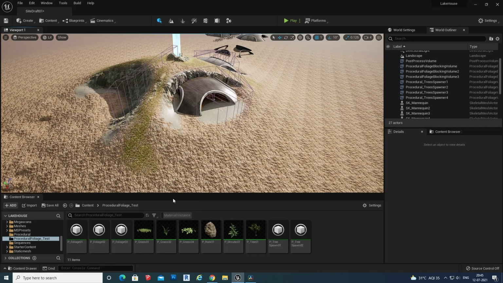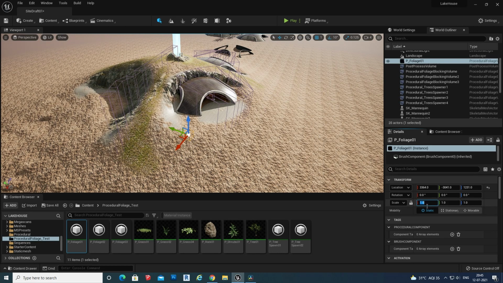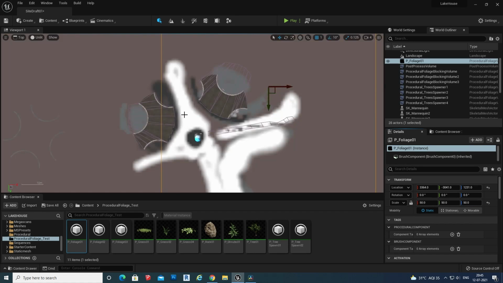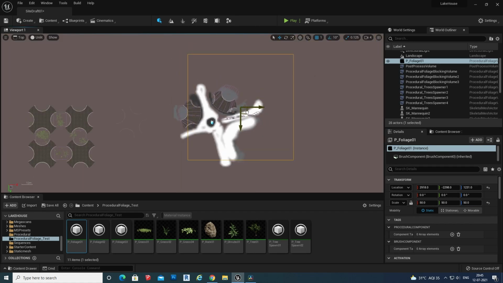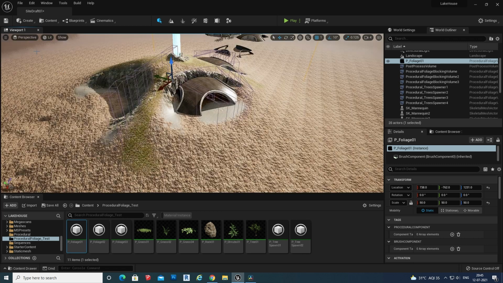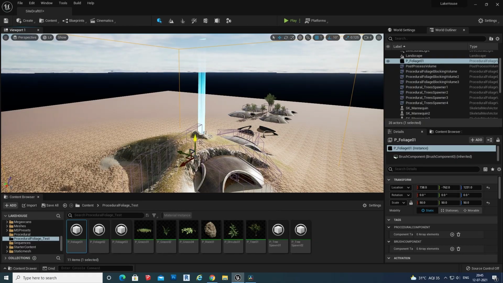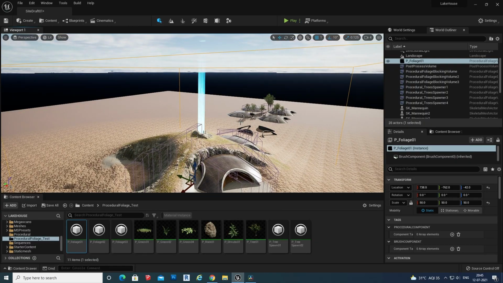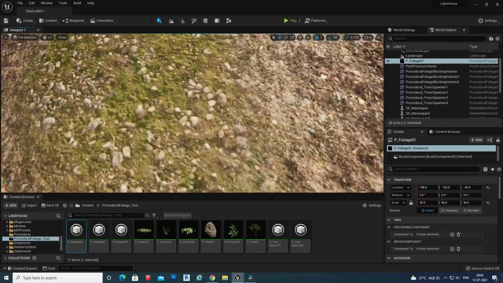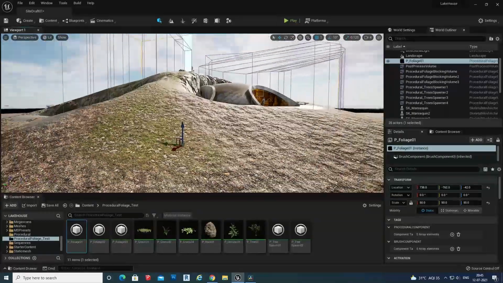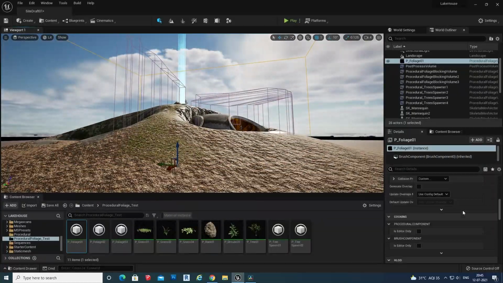Now I am dragging and dropping the grass volume, resizing, so some 50, 50, 50, and going to the top view, I am repositioning it. In perspective, make sure that it is touching your terrain. Resimulate.